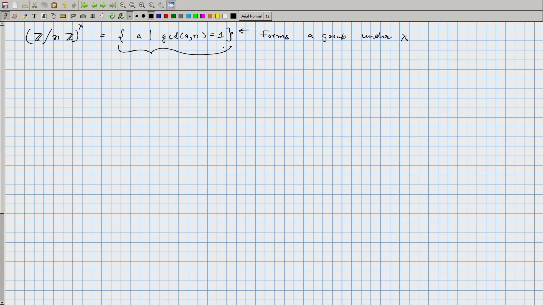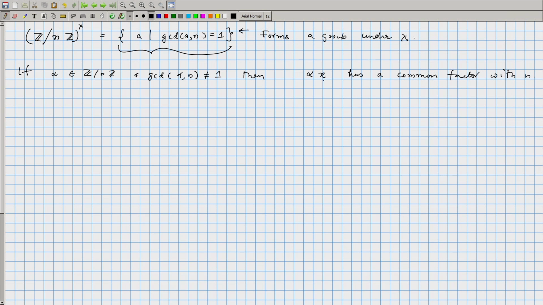Okay. So, if you take any element, let us say alpha belongs to Z mod nZ and GCD of alpha and n is not equal to 1. Okay. Then clearly, if you look at alpha x, it has a common factor with n, because alpha has a common factor with n, alpha x will also have a common factor with n,